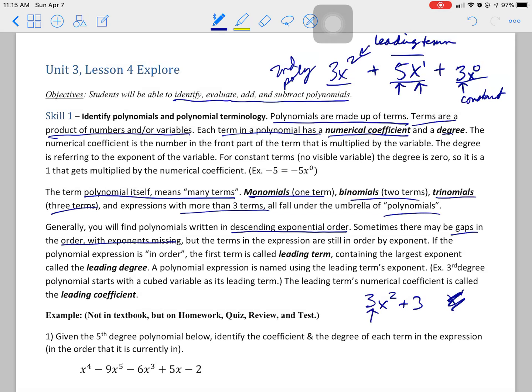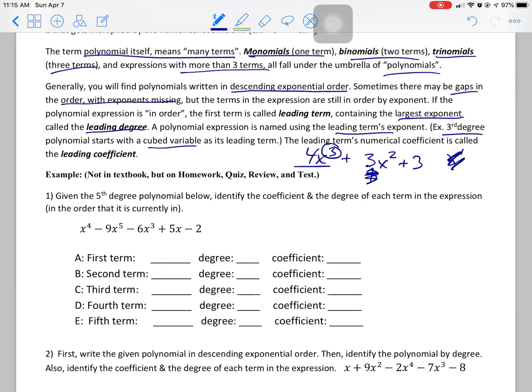The first is called the leading term, containing the largest exponent, and it's called the leading degree. Polynomials are named by its leading exponent. So a third degree polynomial starts with a cubed variable. So if there was a 4x to the third in the front, this would now be the leading. It's a third degree polynomial. Its leading term is 4x cubed. Its leading numerical coefficient is a 4, a positive 4, okay? So